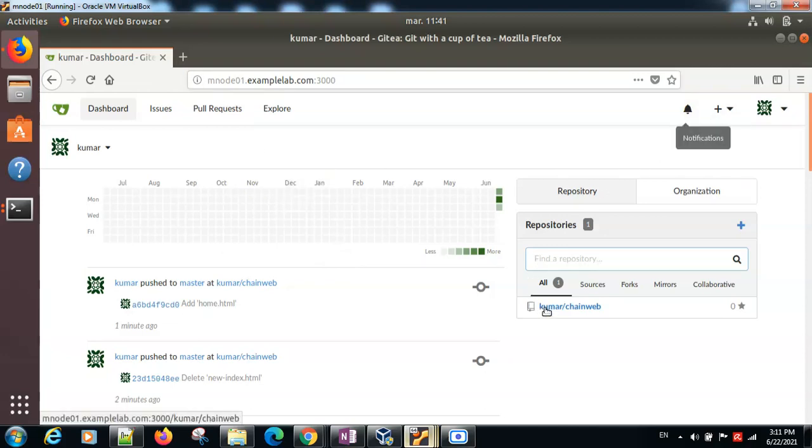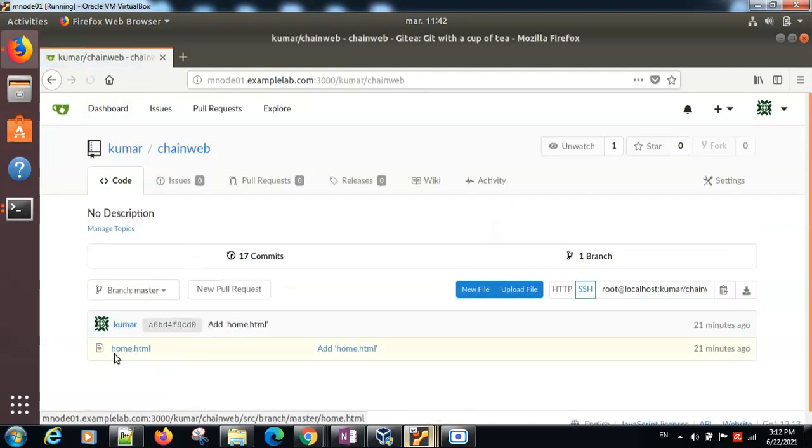I have created a user called Kumar, and I have already created a repository called chained-build. You can simply create a repo by clicking this and choosing new repository, and inside the repository I have created an HTML file called home.html. So this is my Git server, and I have created a user called Kumar. This is the user we are going to enter